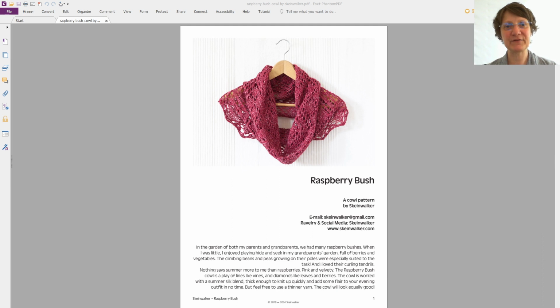In this tutorial I'm going to walk you through the sections of a Skeinwalker pattern. Knitting patterns come in all shapes and sizes. There is no ISO standard or huge norm about how a knitwear pattern is written, so every designer is kind of using their own format and structure. So I'm going to explain how I structure a pattern and what sections you can find in a